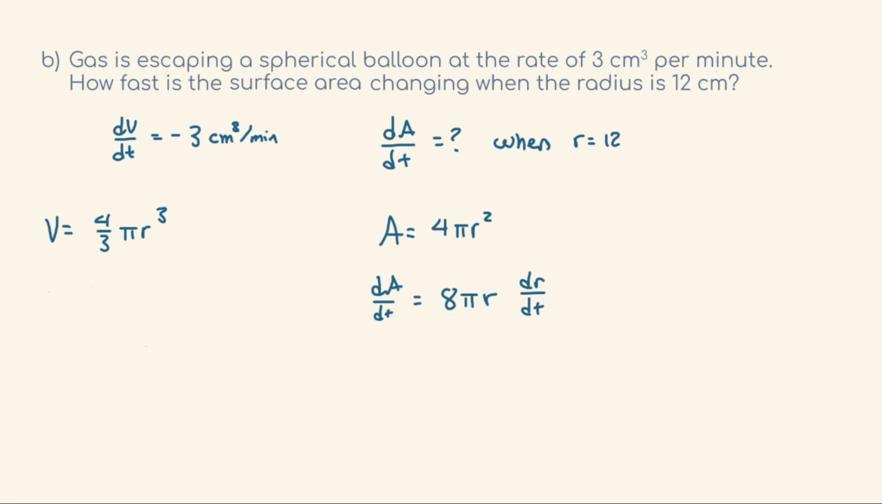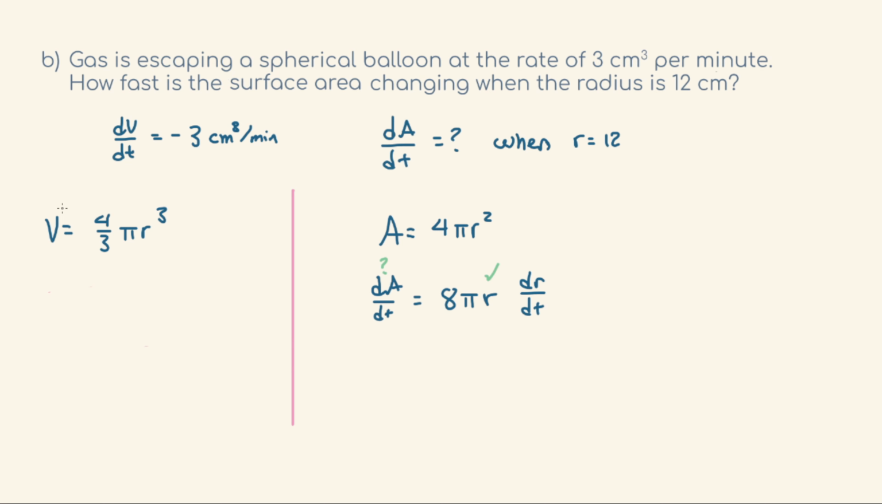And once again, we're stuck, okay? This is what we're looking for, that's great, we don't know what it is. That's fine. This r here, we're looking for when r is equal to 12, so we can plug that in later. But this dr over dt, once again, I don't know what that is. But I know this rate of change, so I can use the information here to help me solve for that, okay? So let's draw this line once again